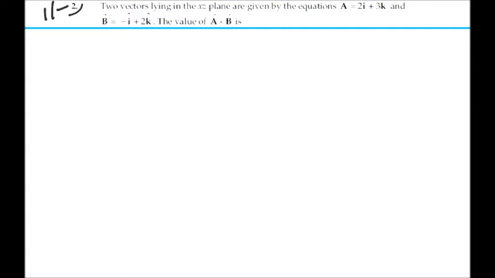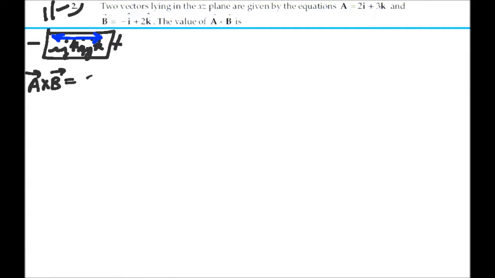To do this, we're going to use our mnemonic device, ijk, ijk. Positive over here, negative over here. If we go to the right, it's positive. If we go to the left, it'll be the next negative on the vectors. So, if we had that a cross b